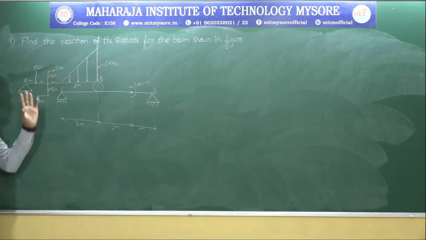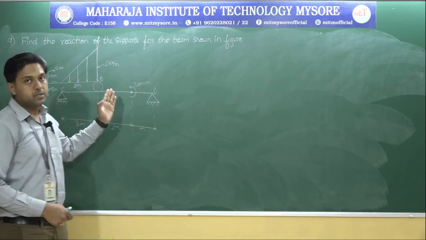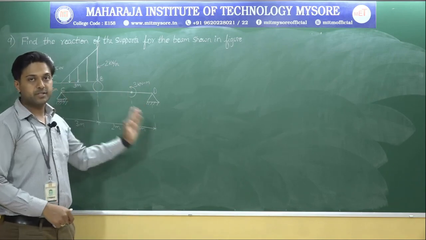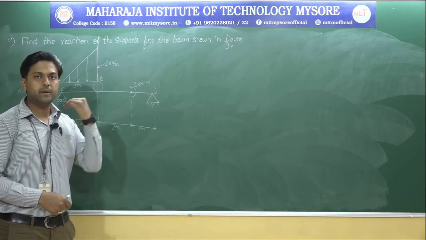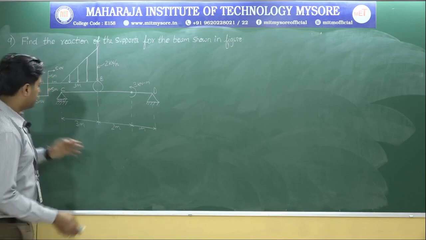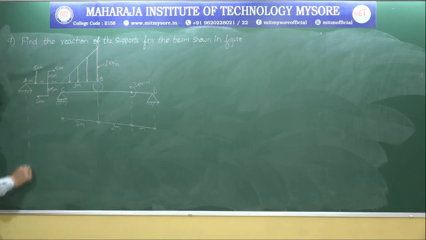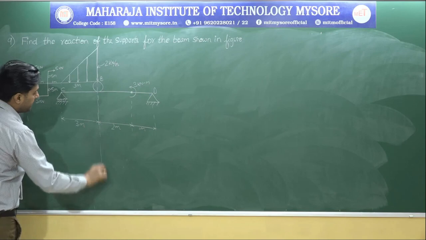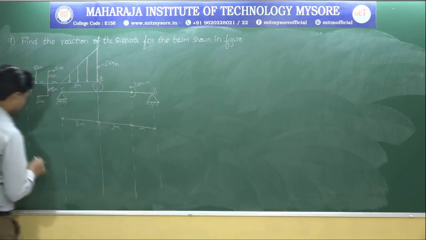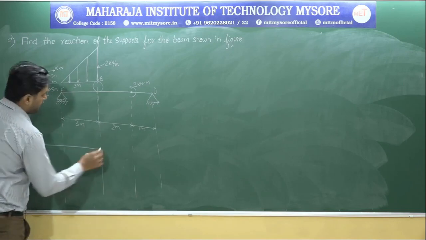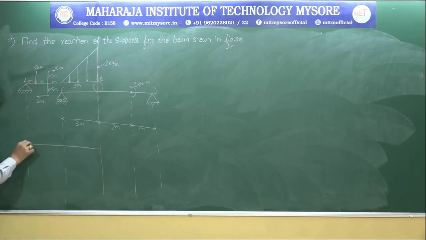So please be careful. So as usual, we are having two beams. One is AB beam and one more is CD beam. Let me write the free body diagram. Same procedure, write the free body diagram, apply equations of equilibrium. Okay, so first let me go with the AB beam, and let me write the free body diagram of this. So AB portion, okay, so at A we are having vertical as well as horizontal because it's a hinge